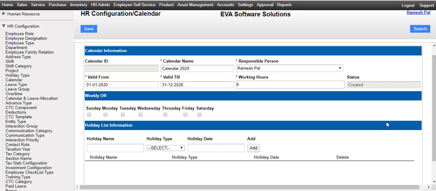Now we will talk about weekly off section. As you can see on the screen, all the 7 days in a week are reflecting on the screen. Suppose your organization has fixed week off, then you will check that particular day when your organization has week off. Like for example, if on Sunday your organization has week off, then you will check Sunday checkbox. Now suppose week off is not fixed, means as per the availability the employee gets week off, then don't check any checkbox. All the checkbox will remain unchecked.